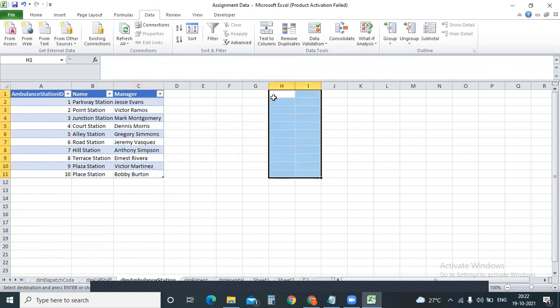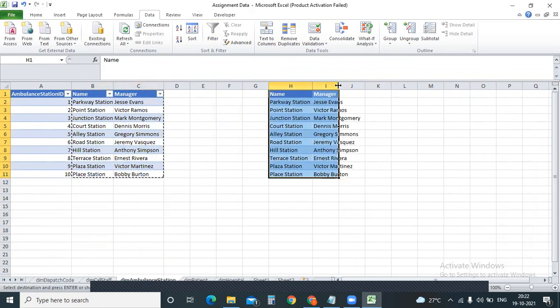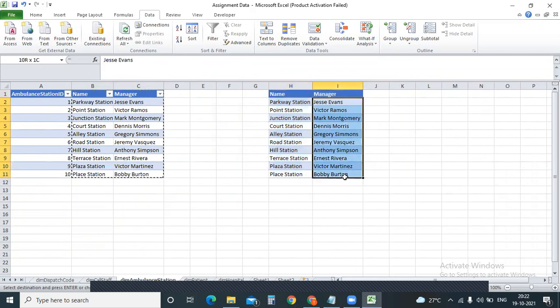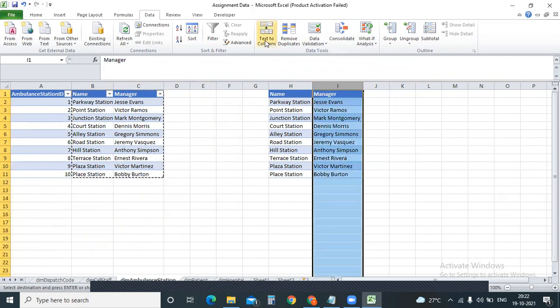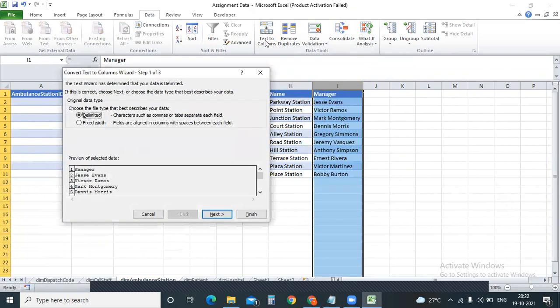Okay, now ఈ డేటాని, can someone help me? Control C, I'll put it over here. I need these first names and second names in different columns. How can I do that? Go to text column. First select the data, go to text to columns, then Delimited. Fixed with. why delimiter and why fixed with?